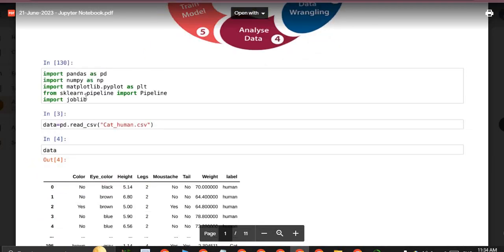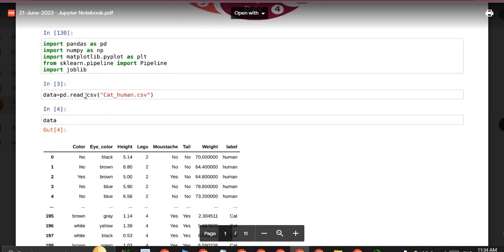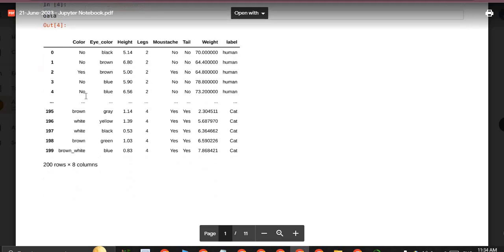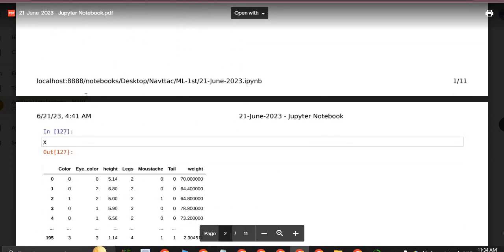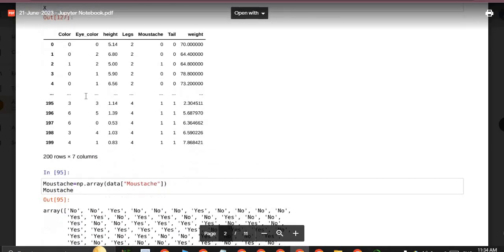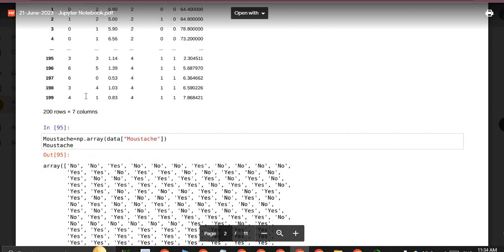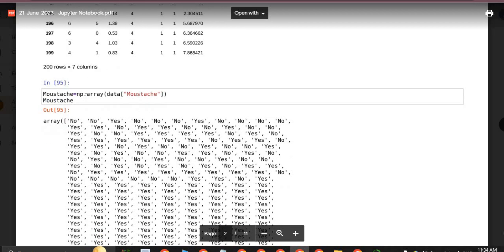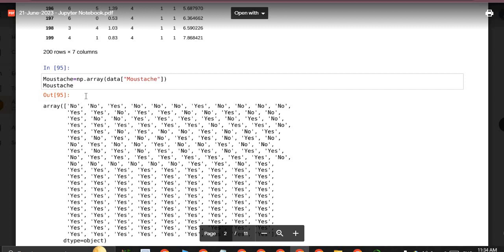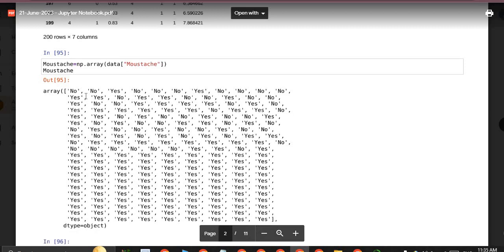So let's see the code. First of all we import some important libraries. After that we load the data from the cat human CSV file. Then we will look at the mustache column and explore how many categories there are.